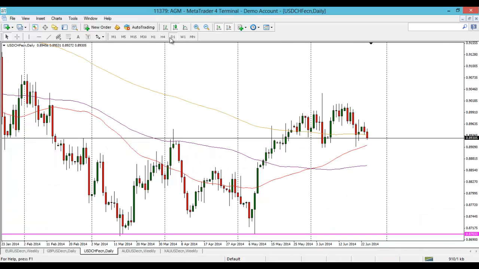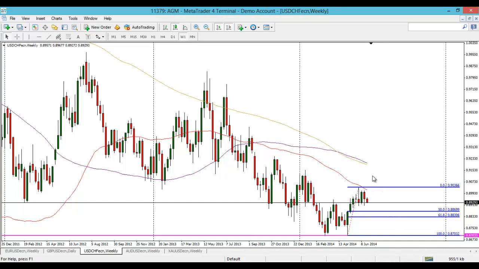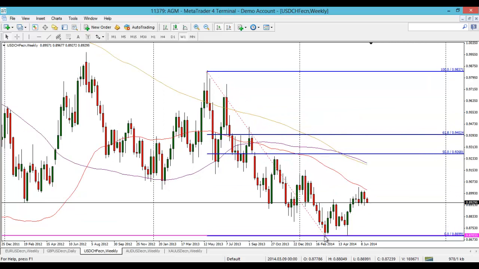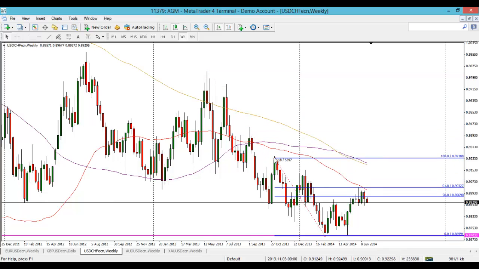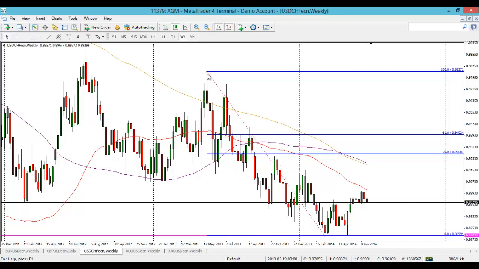In terms of if you think it's going to keep grinding higher, the fib to look at, I've just flipped it to the daily. This is the one here, I think. And the 50% comes at 0.8869, so just call it 0.8870s. There's nothing of major interest in terms of fibs towards the other side. In terms of this weekly chart, we're a long way away from it, but that'll be the next one to look out for, I think. You can take these smaller ones here, for example, but I think that's a much clearer one. That's the high of 2013 to the low of 2014.